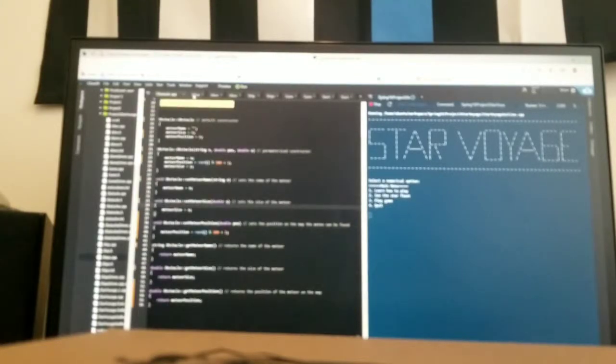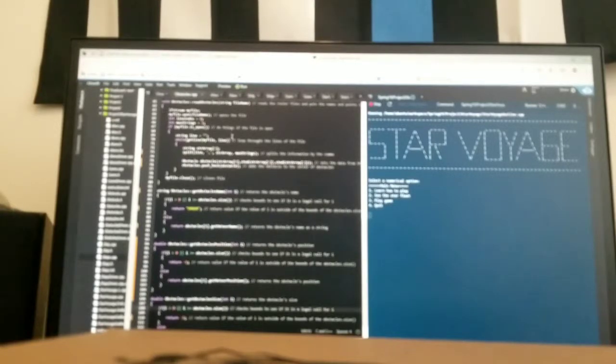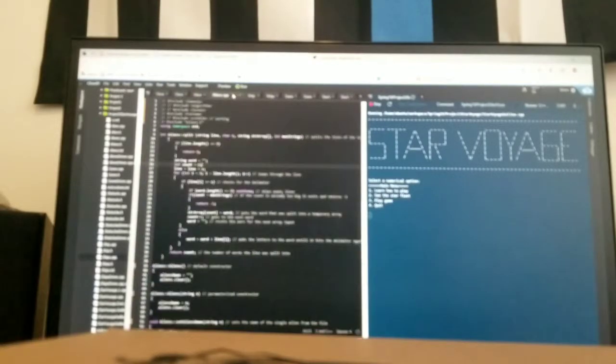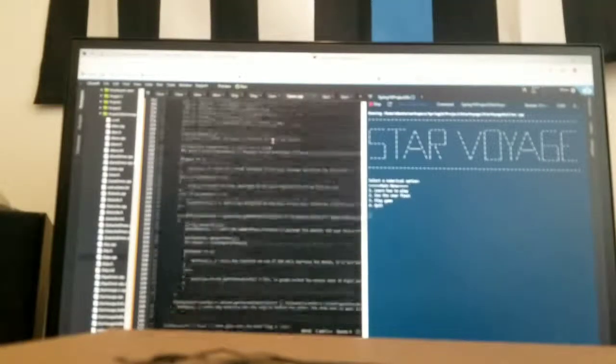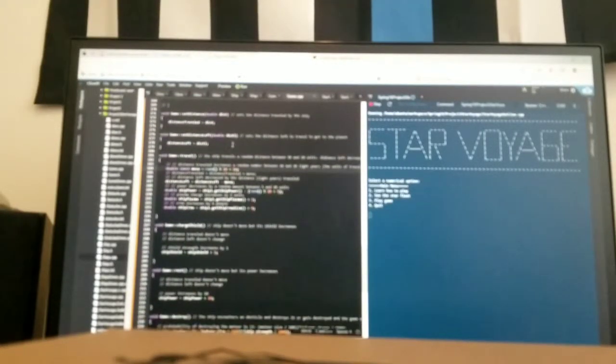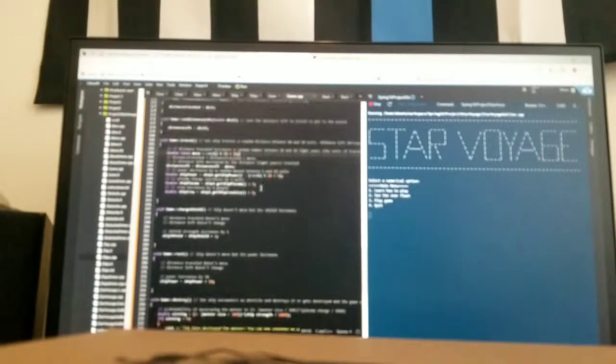I have 6 classes. I have obstacle and obstacles. Obstacle sets all the information for each obstacle, and then in obstacles it reads the text file and sets an array of each obstacle. Same thing for the aliens, same process, and same process for the ships. Then my game function runs the game and has the travel function where it randomly moves. The distance left is subtracted from how far they do travel each time, and